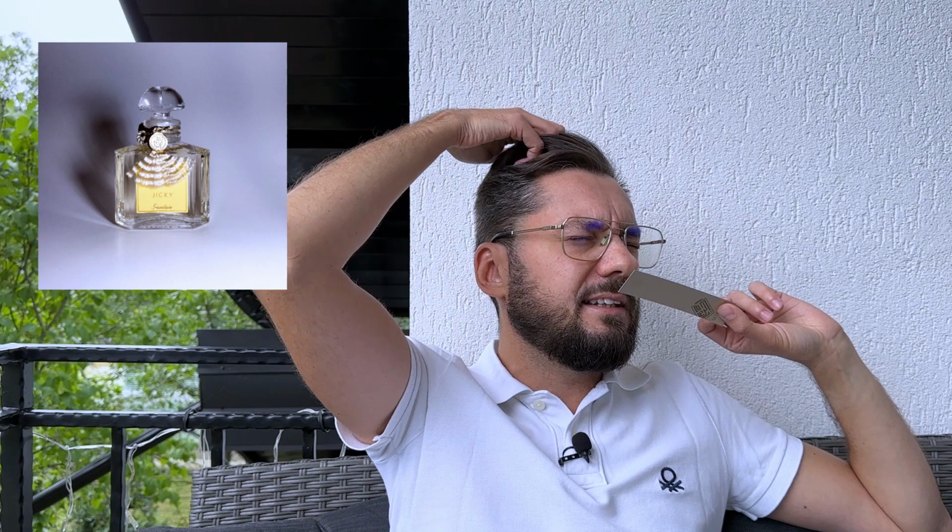The way things are going at Guerlain and even at Chanel with their discontinuation of historic fragrances like Cristal, you never know. So yeah, you just never know what's going to happen with these beautiful scents. But if they discontinue Jicky, which is such a part of their history, it's going to be very audacious of them. Now, another thing I want to say about Jicky is the